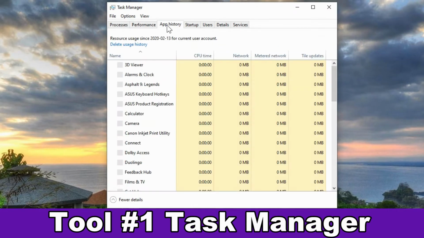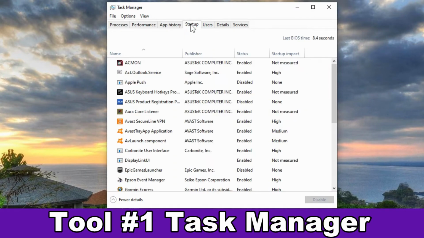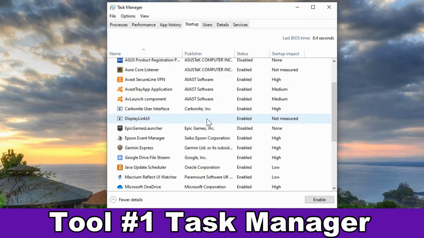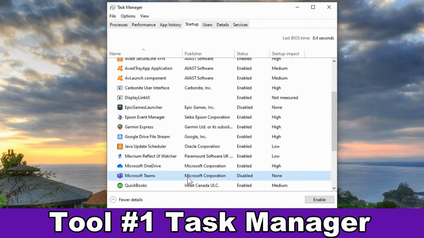The app history gives you a little bit of history about each individual app. The Startup tab, now this is something you might want to spend some time on, and you can see what's enabled and what's disabled, and there's a few different things in here, like for example Microsoft Teams. That's a new one that started going in with some updates that were installed, and it was enabled by default, so you would just right click on it and disable it. In my case it's already disabled, so it's showing up to enable it.